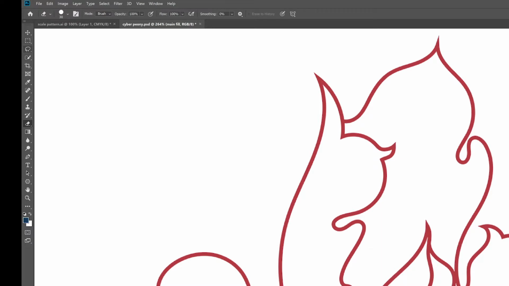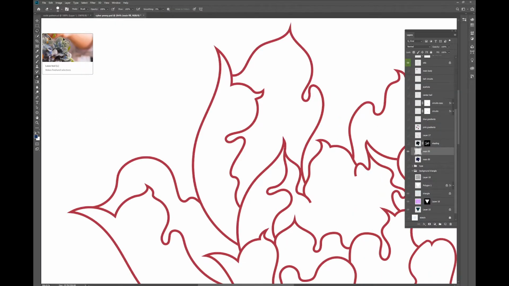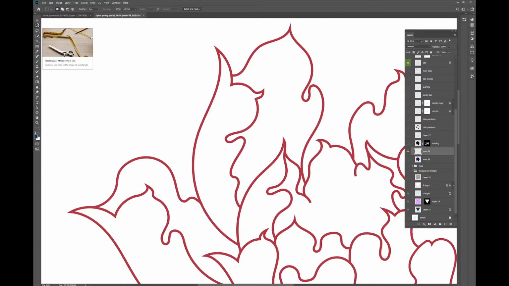So I've got a rectangle selection tool and a lasso tool. Both of those are going to work in different ways. On the rectangle tool, if I hold down, you'll see there's a little chevron in the bottom right-hand corner of it. That tells me that there's more options in that tool. So if I click and hold, a few more options pop up. The rectangular one just makes, no surprises, rectangles. If I'm holding down Shift as I do that, I'm going to make a perfect square